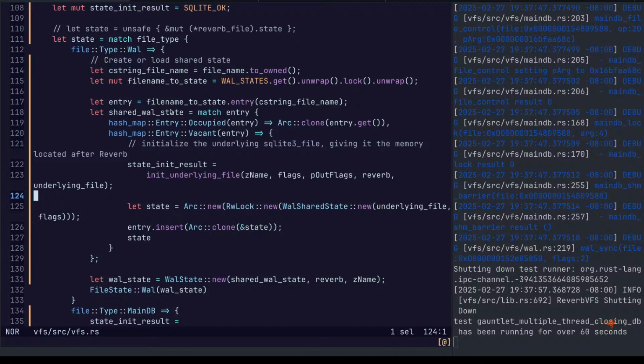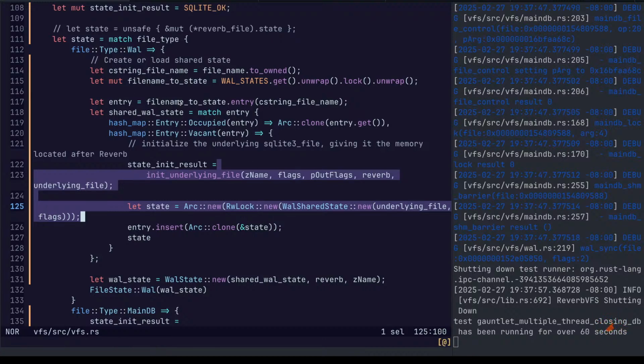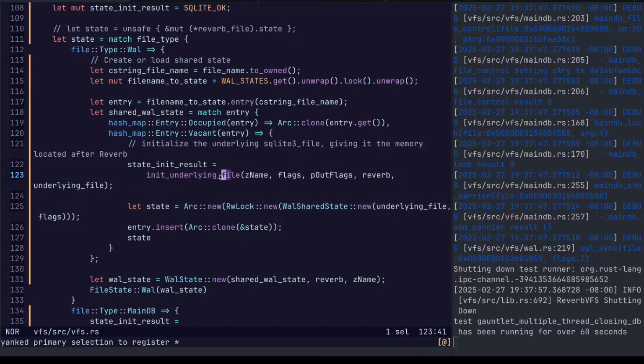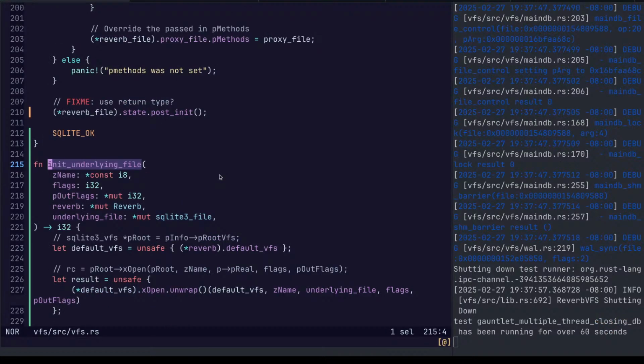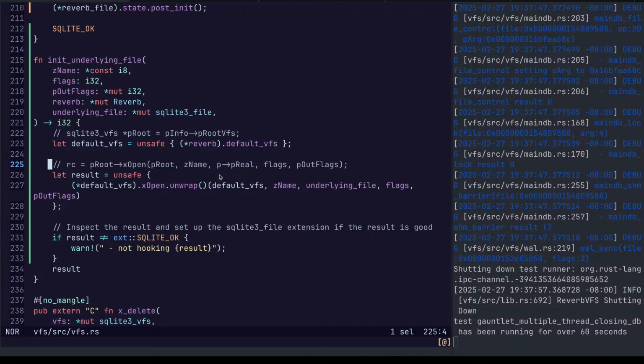Basically, these pieces here, I suspect that there's an issue with how I'm sharing the information. It might have to do with zname.